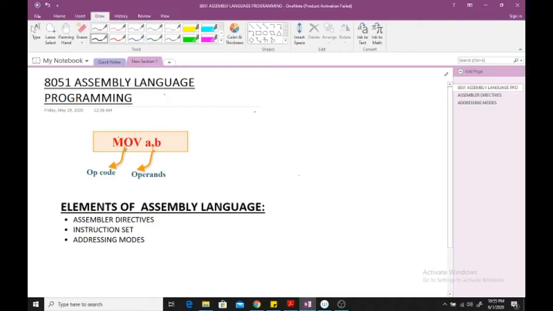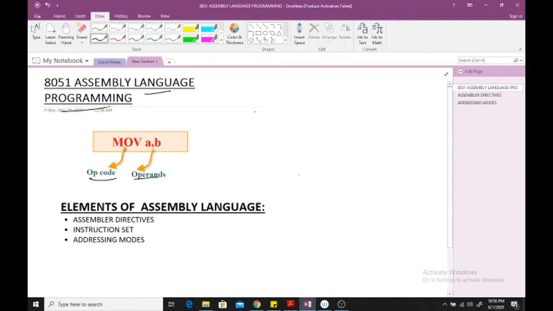So let's start our today's discussion. Today we are going to talk about the 8051 assembly language programming. In the last lecture we got some basic idea about the 8051 microcontroller, and we also discussed the RAM space allocation of the 8051 microcontroller, which is going to be handy when we move on towards the explanation of examples. So before moving on towards the programming of assembly language, we have to understand these two little things,